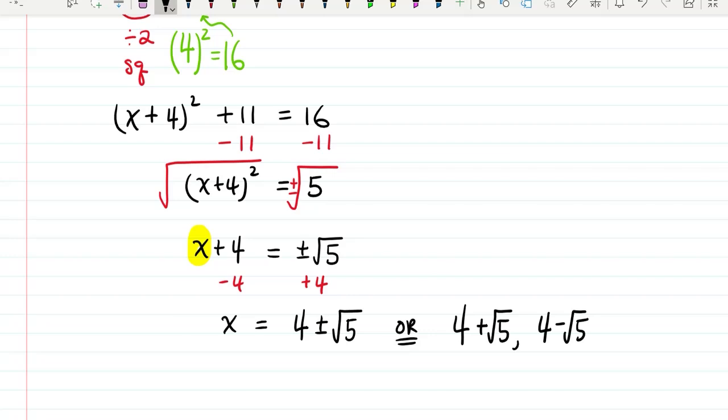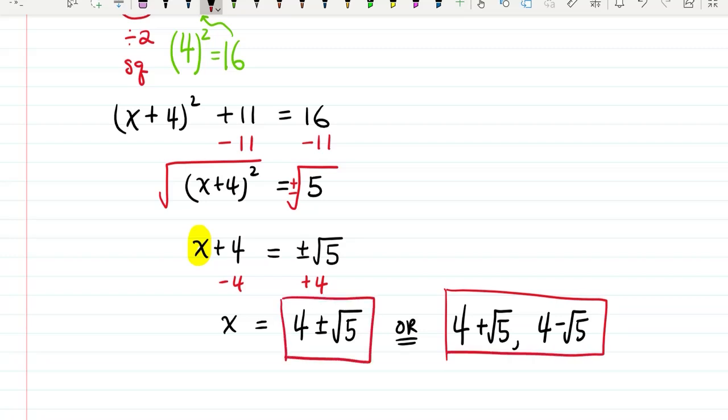So these are the same form of the equation, same form of the solutions. So we've got the x as 4 plus minus root 5, or you can write it as two different forms, two separate forms. Okay,